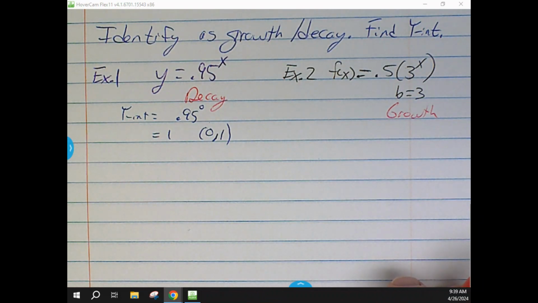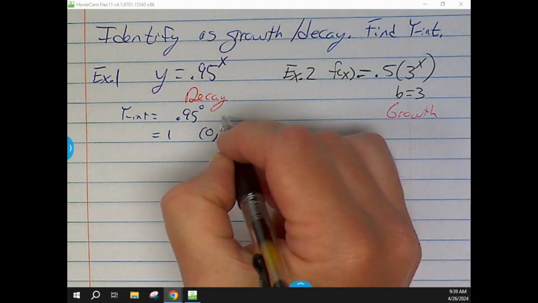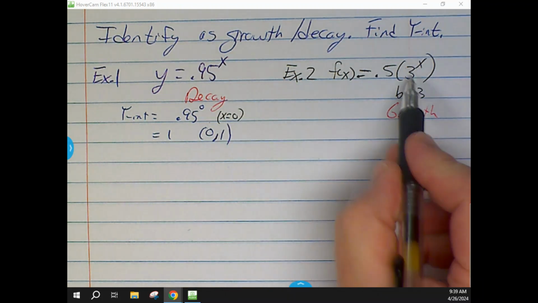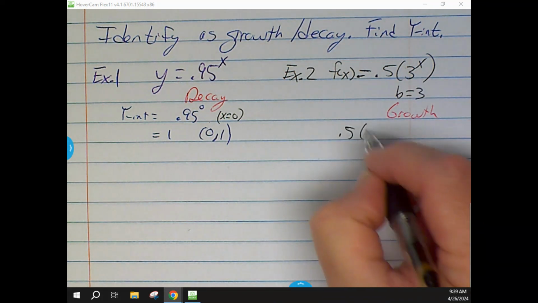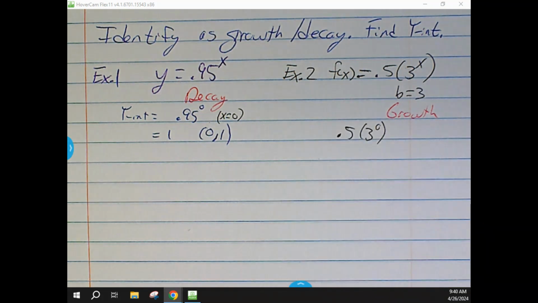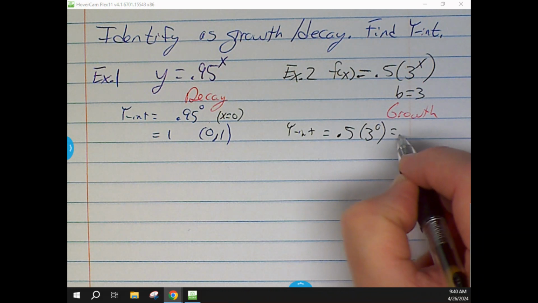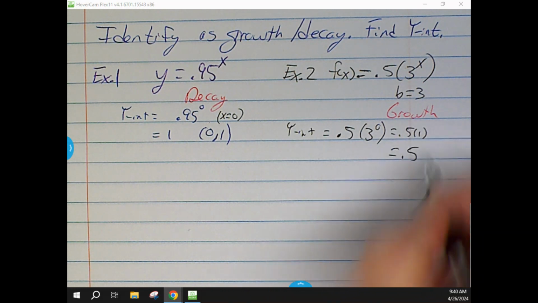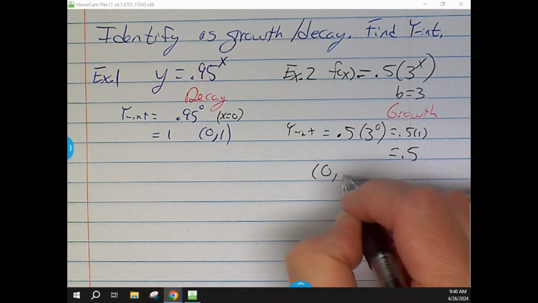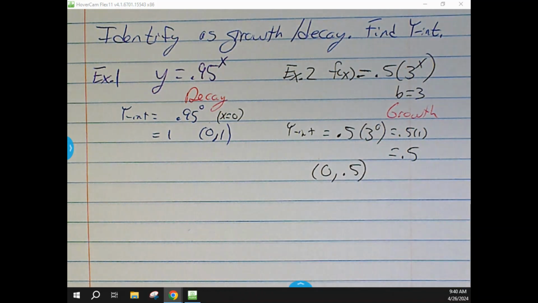Wait, so how do you find the y-intercept? We plug in x equals 0. So we'll do the same thing for this one. We're going to do 0.5 times 3 to the 0 power, which is 0.5 times 1, which is 0.5. So your y-intercept would be at (0, 0.5). So again, if you plug in the 0, initially you do get a 1 for that part, but then because we're going to add it, subtract it, multiply it after that, it may not always be at 1. It can change through some stuff there. Okay, and then last thing,